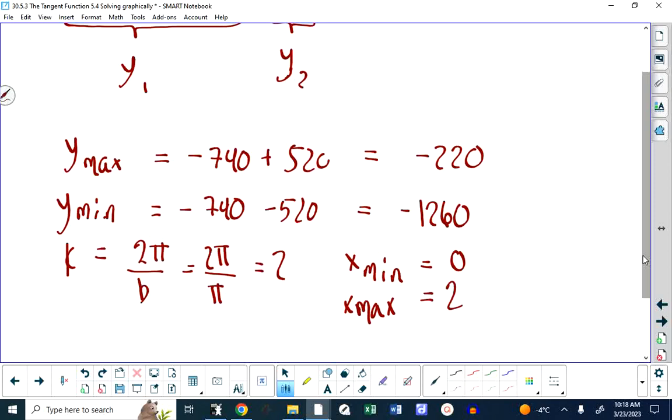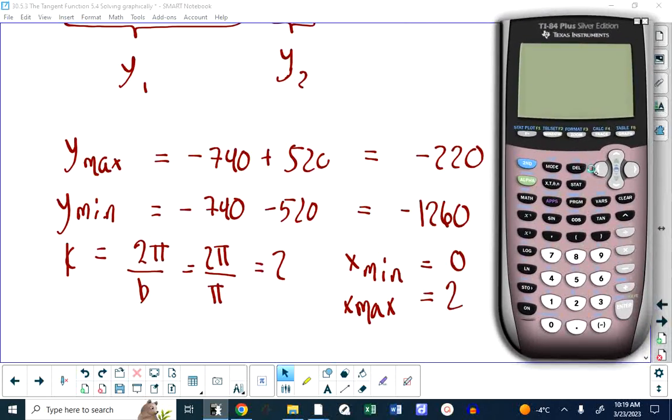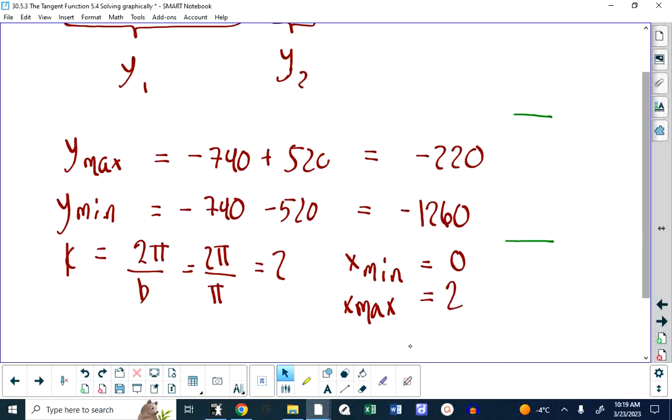I would prefer to have a little bit of cushion here vertically. I don't want to start exactly at negative 1260 and end at exactly negative 220. I like cushion vertically so I can see above and below the peaks and valleys of the graph. But I don't want cushion room horizontally, because all I want to see is exactly one period. If I need more than one period, then I can expand my horizons. So now that I've got all of that established,